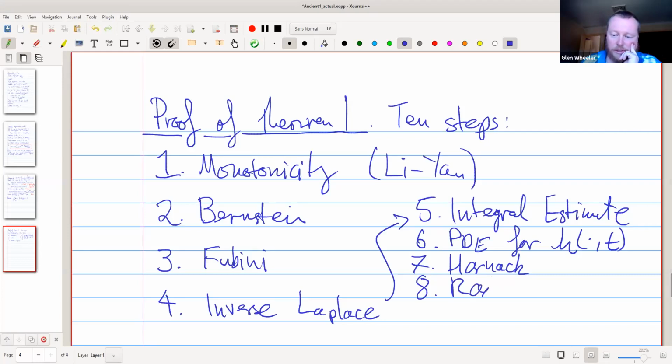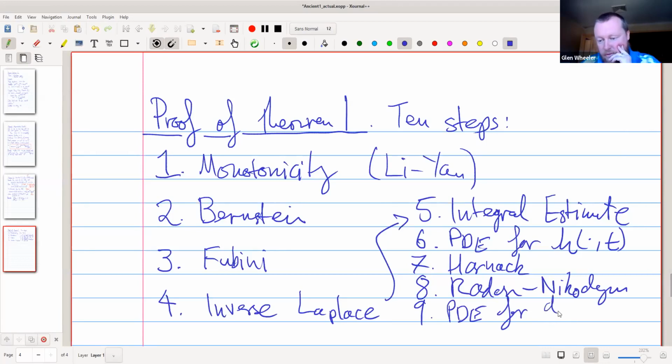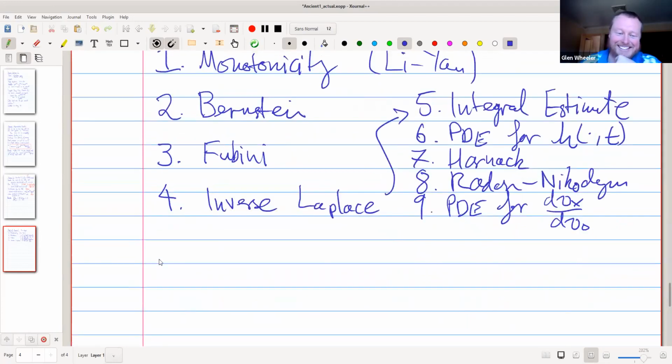Then we're going to use Radon-Nikodym because it wouldn't be a proof with measures without it. And then we're finally going to get a PDE for this Radon-Nikodym derivative of the measure that we care about, which is going to be d nu at x with respect to d nu at 0. And then last step, step 10, is we're going to apply a representation formula,